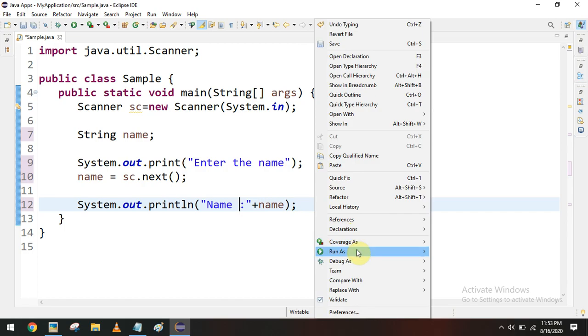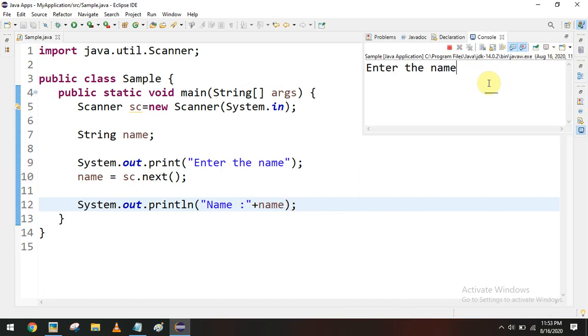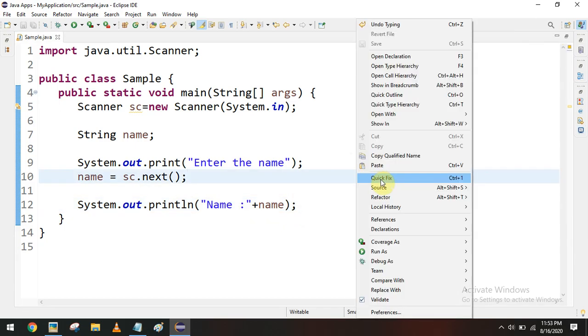Now let's recheck the output. Now it is asking to enter the name, so I have to give the name. For example, I'll give the name as Vmax. So now Vmax is the name, it is getting stored in the variable and we are able to access the value.